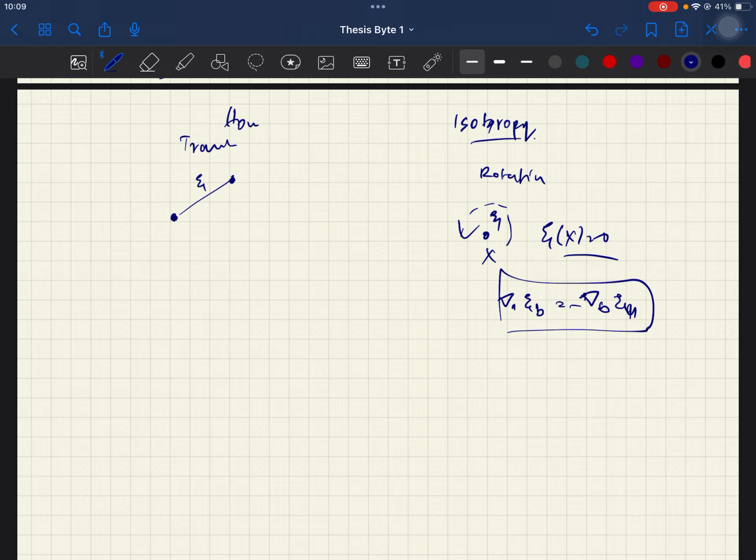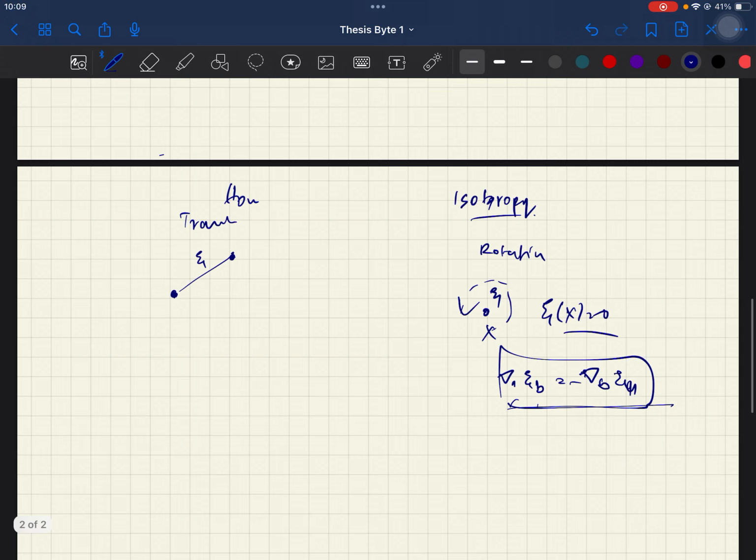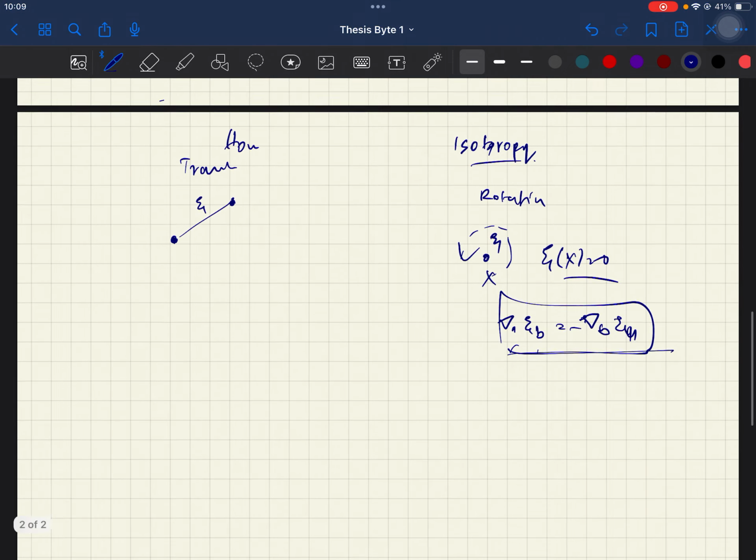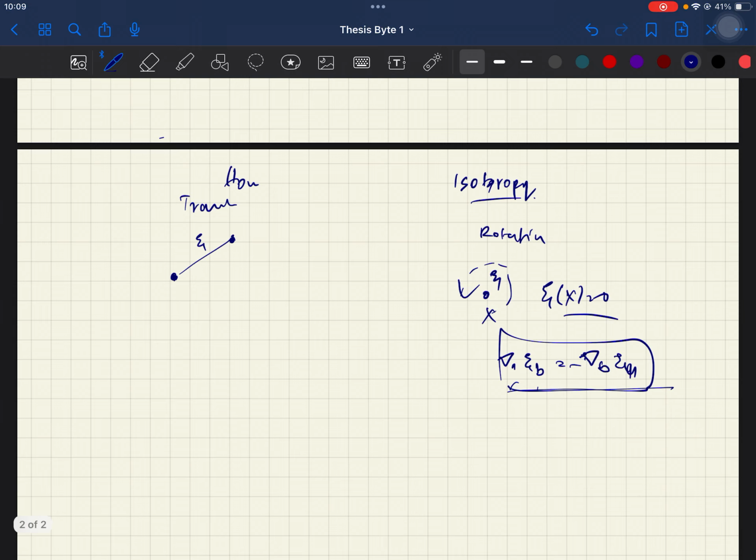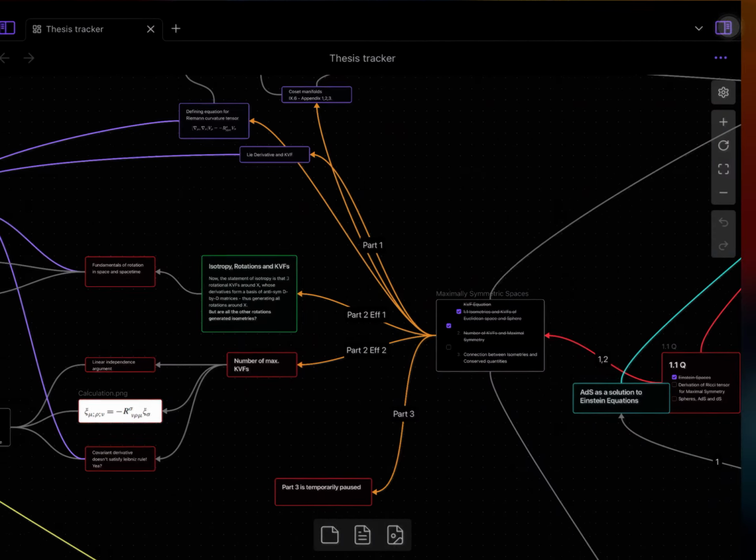So now if these span the antisymmetric spaces, you can generate all the rotations around x, right? Because this is the basis, and rotations are basically generated by the basis of antisymmetric matrices, right? The generators are the antisymmetric matrices, the rotations. Now, if you're talking about isotropy of space-time, these are basically the Lorentz transformations. The rotations of space-time are Lorentz transformations, and you could also refer to rotations in space-time as rotations of space itself, which you are not talking about right now, which I do want to explore in later times.